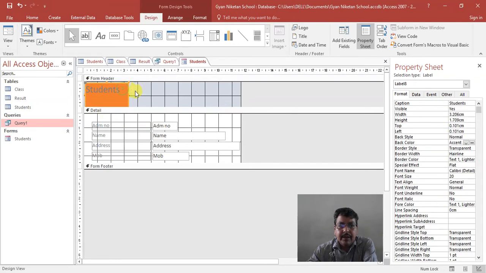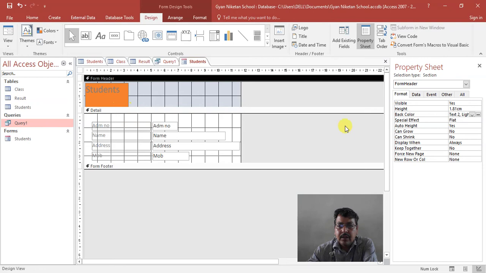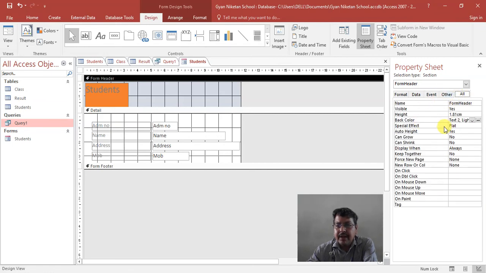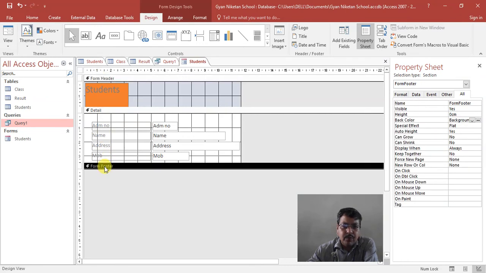If you want to apply it to the whole, you can change lots of options like format, data, event, other, or back color, height, width, whatever you want to set. If you want to change the footer also, click on footer, and you can set the footer option also, like back color.